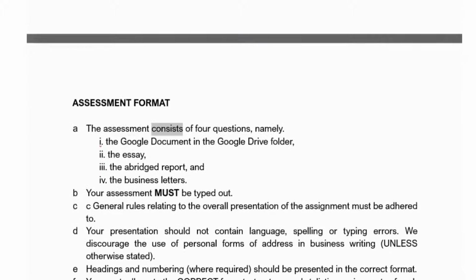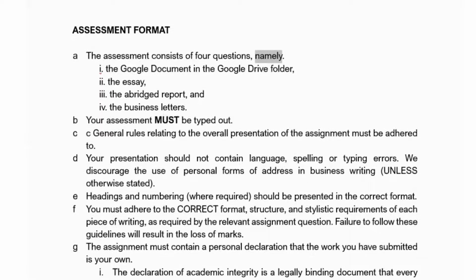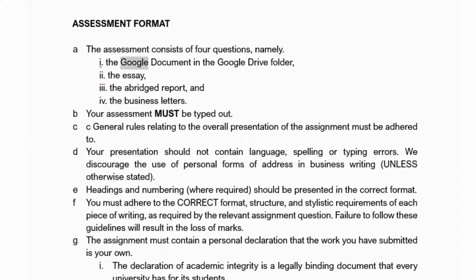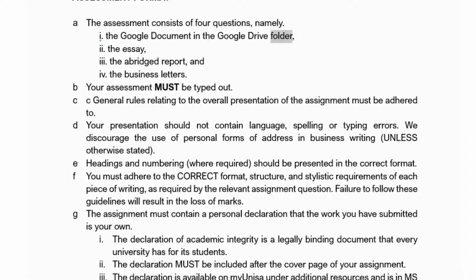Assessment format. The assessment consists of 4 questions, namely: 1. The Google document in the Google Drive folder, 2. The essay, 3. The abridged report, and 4. The business letters. Your assessment must be typed out. The general rules relating to the overall presentation of the assignment must be adhered to. Your presentation should not contain language, spelling, or typing errors.